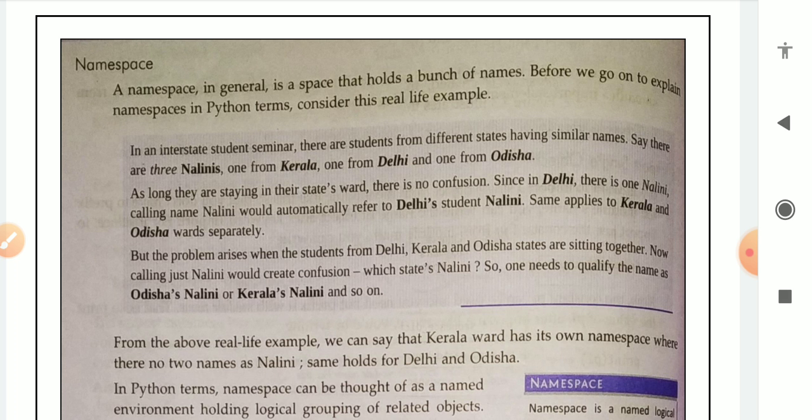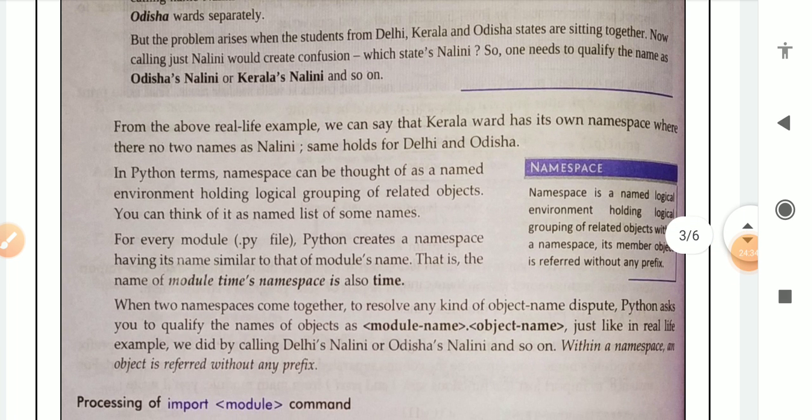Here the namespace is what? The state name along with the student name. From the above real life example, we can say that the Kerala ward has its own namespace where there are no two names of Nalini. The same holds for Delhi and Odisha.